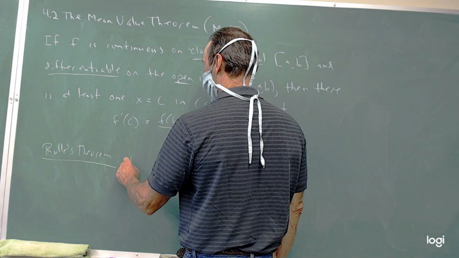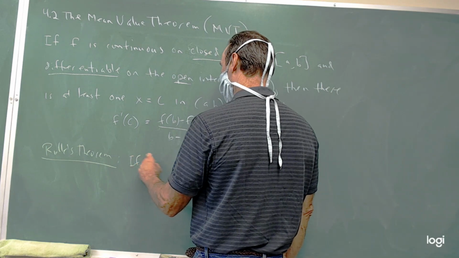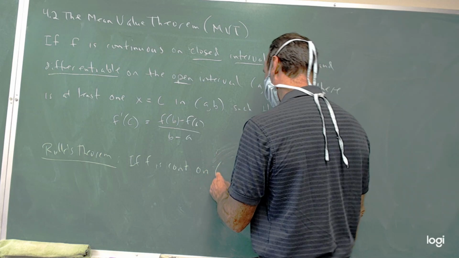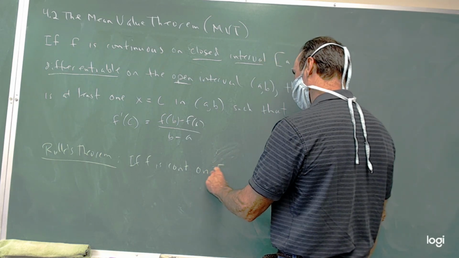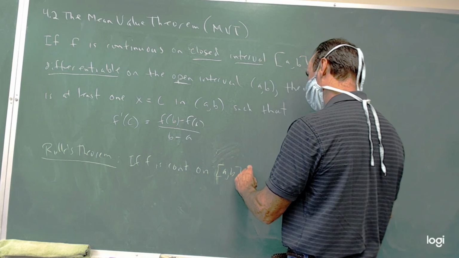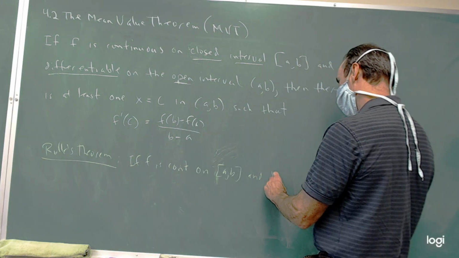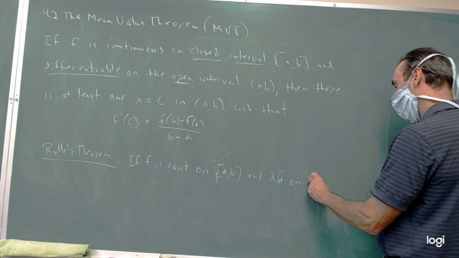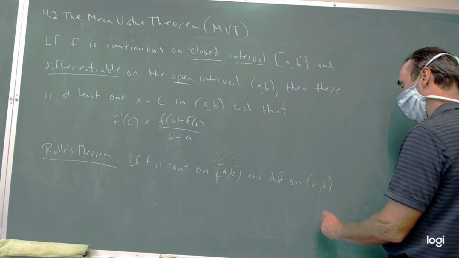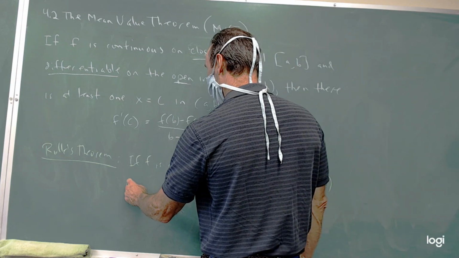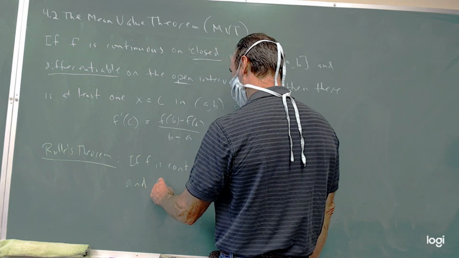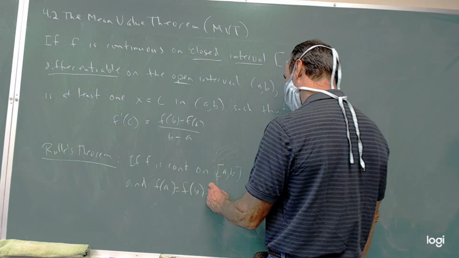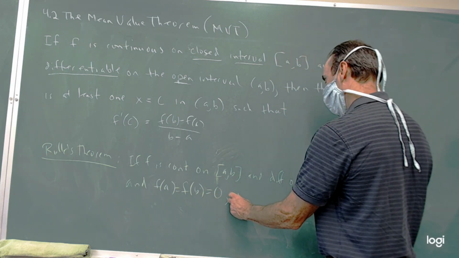So again, you say if f is continuous on the closed interval a to b and differentiable on the open interval a to b, and you add in f of a equals f of b equals 0, then